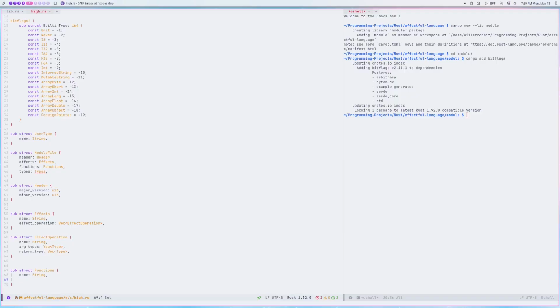And we need the parameters, be a vec with type, return types. It'll also be a vec of type. So I'll just use return. And then